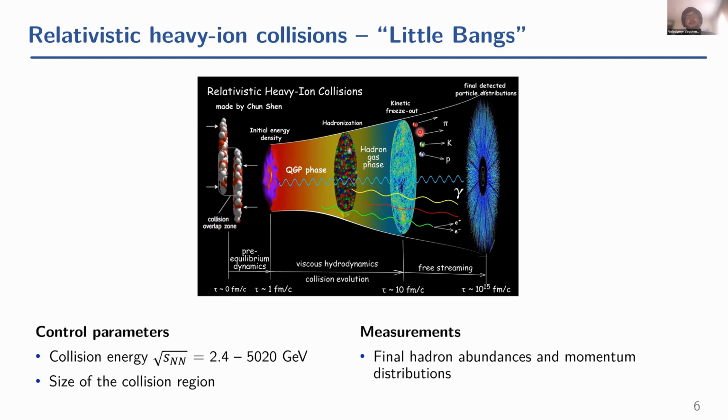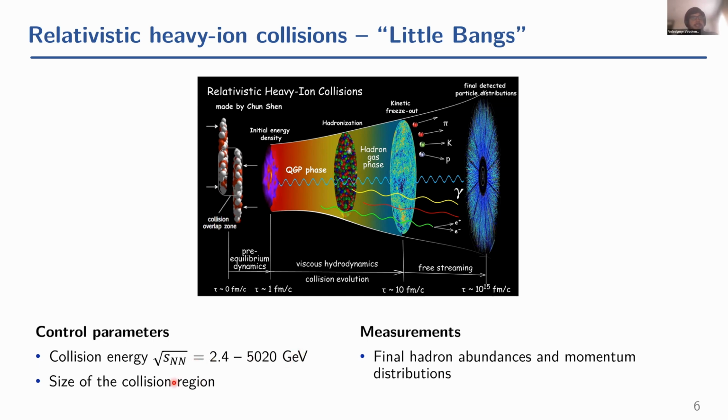And the momenta of all the hadrons produced in these collisions are measured in the experiment. So experiments measure the aftermath of the collisions. And by measuring this aftermath, we try to infer about the properties which took place earlier in the collisions, in particular QGP properties. The basic control parameter of the experiment is collision energy. And typically when we talk about relativistic collisions, we consider energies between around a few GeV, square root of s, and up to currently the largest energy of 5 TeV at the LHC.